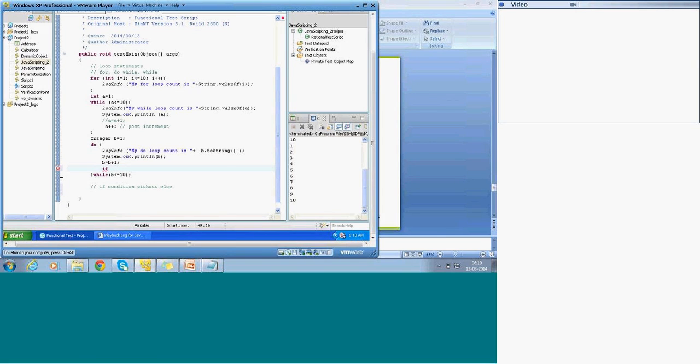So if condition B is less than or equal to 5, then what do you want to do? I would like to put the message: I am less than 5 and less than or equal to 5, and my value is,